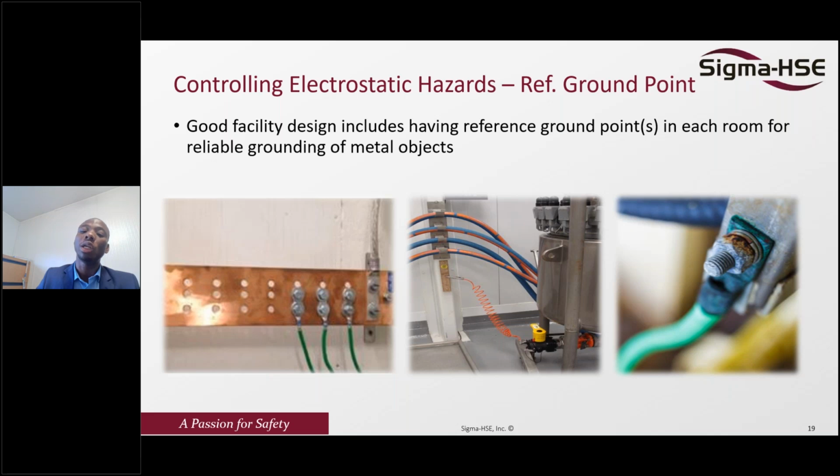So in each room, each operation, it is always advisable to have this bus bar there. Then in this case, you connect the bus bar to the ground. Then for each equipment, you can see you have multiple connections where you can connect this to ensure that all your equipment, your bonding string, your barrel, or any kind of conductive equipment are actually bonded and grounded.